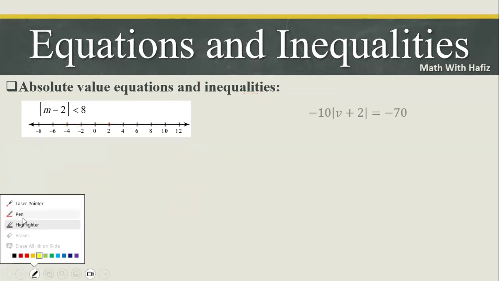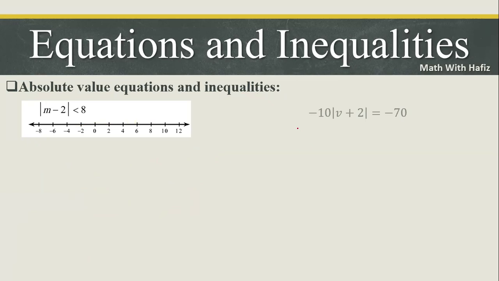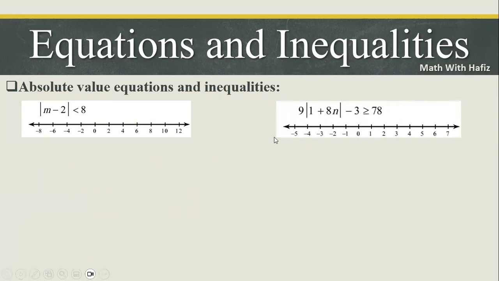So if you have an inequality, the only difference will be this one. Let's go to our next question with inequalities, which is a bit more complicated than this one. In this case, the same concept applies as we studied for equations. What you have to do is move everything to the right side and keep only the absolute function on the left side. So first of all, we will move negative 3 to the other side, so it is greater than or equal to 78 plus 3. 78 plus 3 is